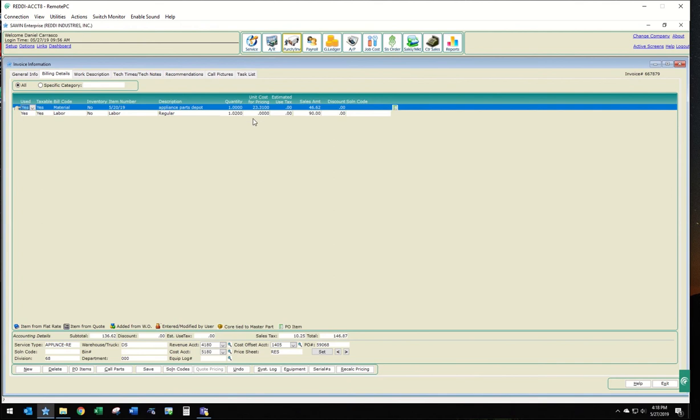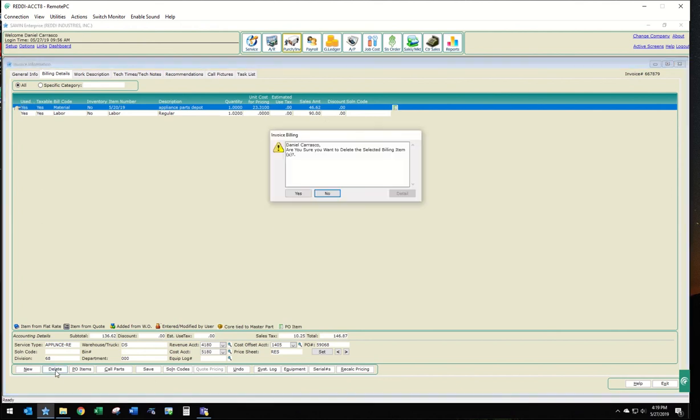Sometimes you'll see if the PO was pulled into the ticket before it was closed, before the PO was closed, this will say 0, and we can't do that. We would have to delete this line item and then pull it back in. So I'll do that right now just to show you how that works. But I'm going to make note of my sales amount 4662. I'm going to delete this line,